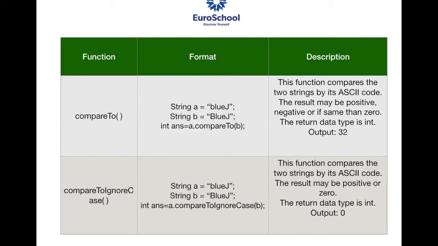actually this function has been started from last year only. Before this, we were not having this function in our syllabus. That is compareToIgnoreCase. Now again, it is comparing the same thing. It is going on with the ASCII value. It will again do the subtraction part, but here it is not taking the case. So if I go with capital B and small b, if I subtract, that way it gives me the value as 32 or minus 32. But as I'm ignoring the case part, it is going to give me the answer 0.